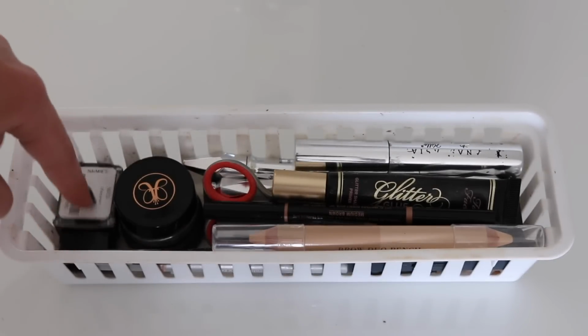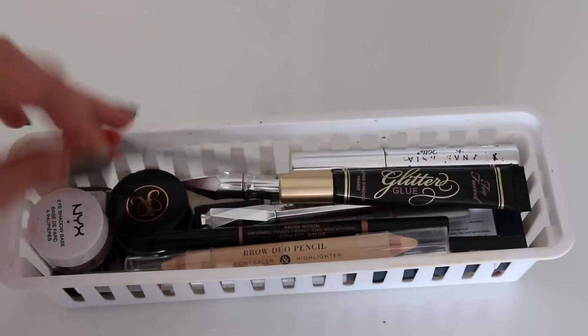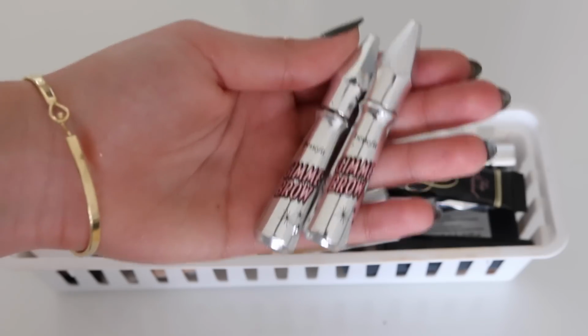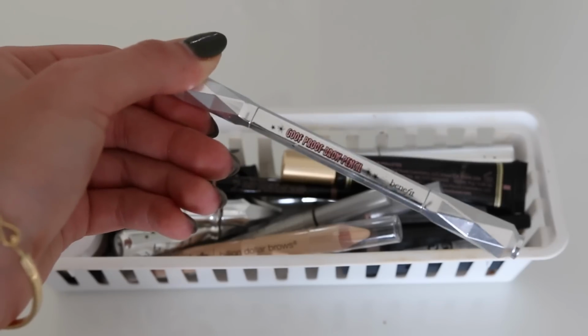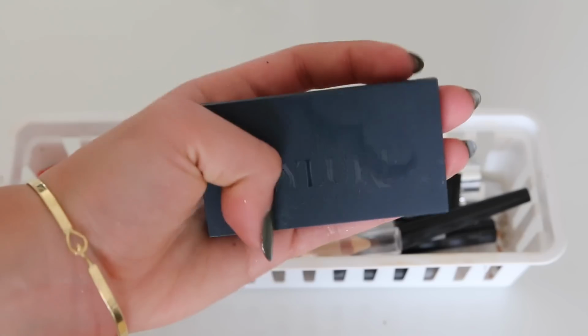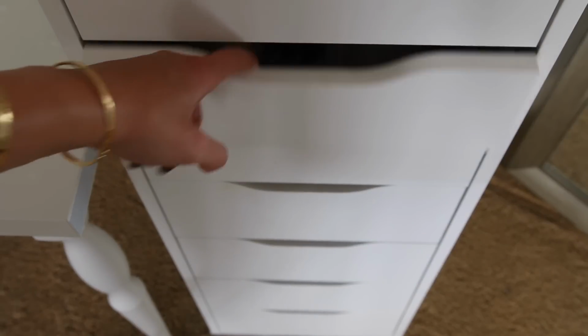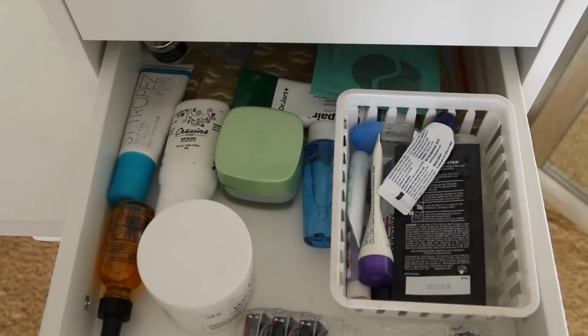And then I have a few sharpeners over there. I have a mini pair of scissors, usually just to trim eyelashes if I need to. Yeah, I have two of those Benefit Gimme Brows. I also have the Benefit Goof Proof Eyebrow Pencil. I didn't even know I had this, but this is from the brand Eyeliner, and it's just a brow powder duo thing. So underneath my eye drawer, I have my skincare drawer, and this is just some of my extra